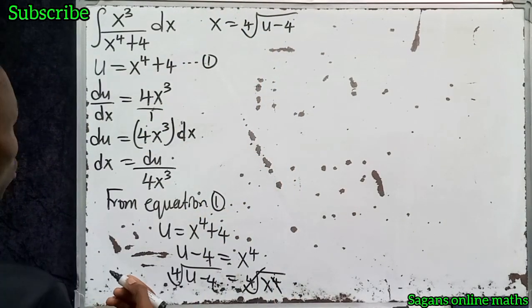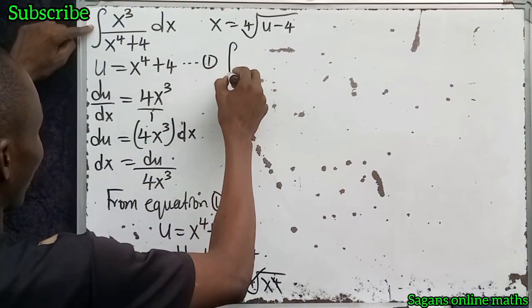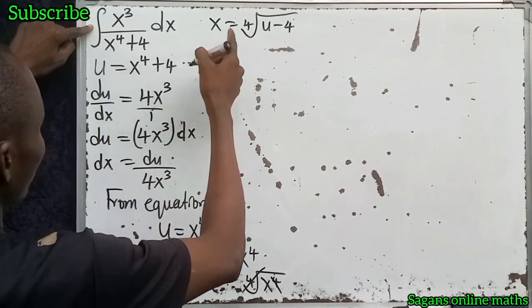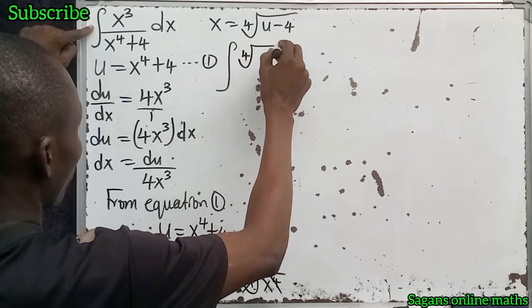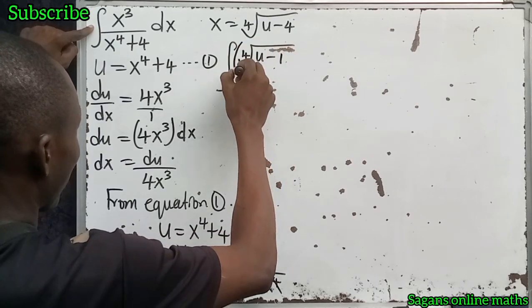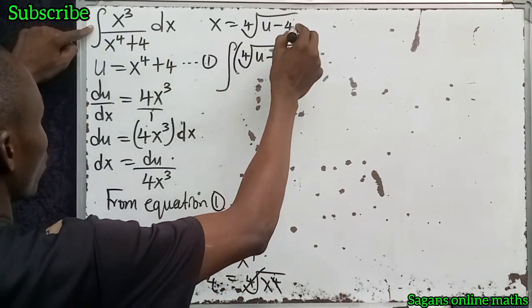Now let's go back to our original equation. Look at our original equation. So this now becomes what? The integral of, look at x. So s is equal to the fourth root of u minus 4. So this becomes the fourth root of what? U minus 4. Don't forget that the power of this x here is just 3